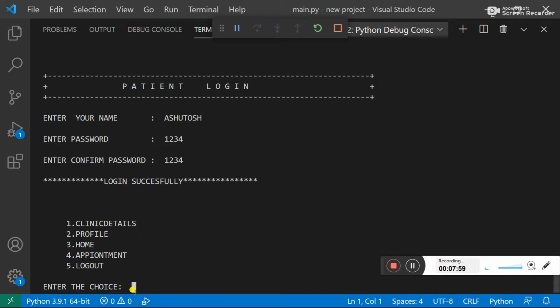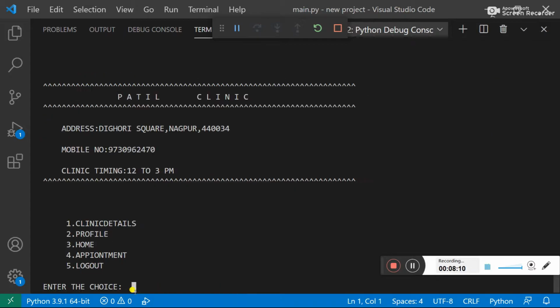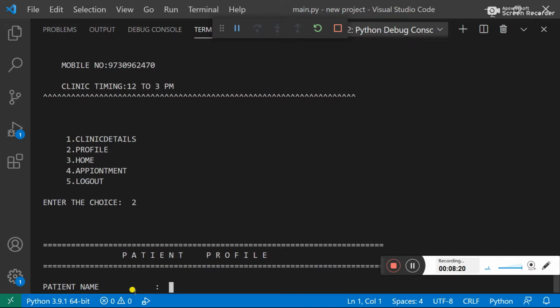Firstly, the patient always sees the clinic details, because until he sees the clinic details, how can he take the appointment? So firstly we see the clinic details. Here we see the clinic details as Patil clinic, address, mobile number. Then he will complete his profile as a patient profile.